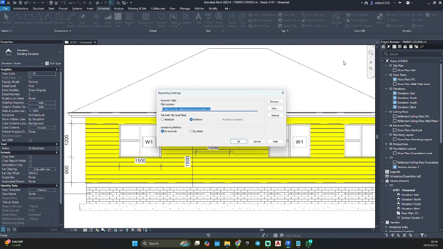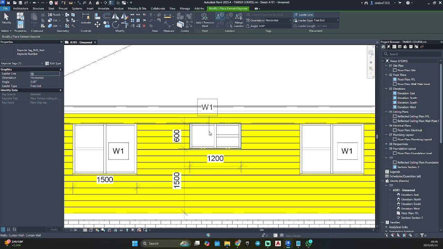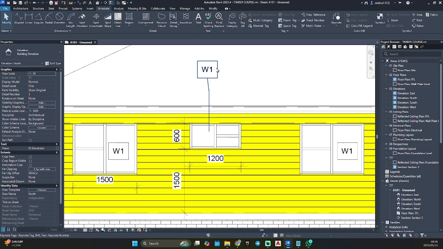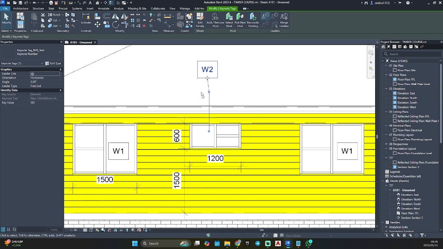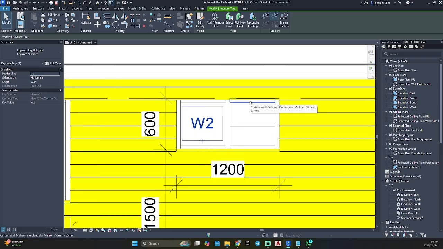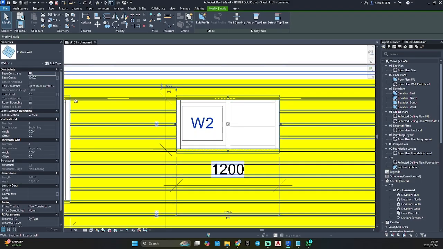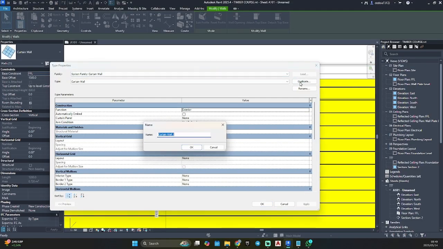Go back to your keynote settings, reload, okay. So you can see it's still showing the one, so just click on the tag and then we can change it. So we're gonna go edit, duplicate window 2.